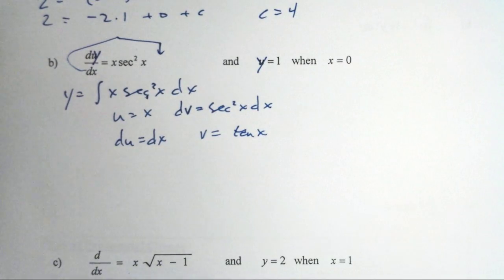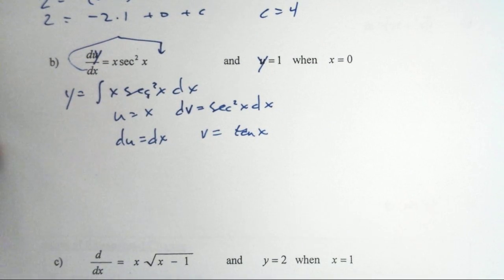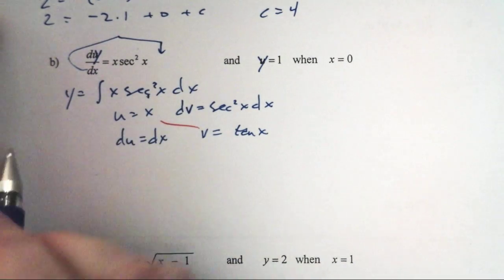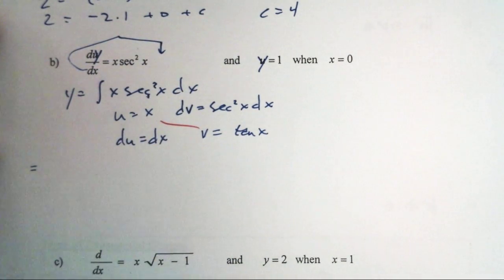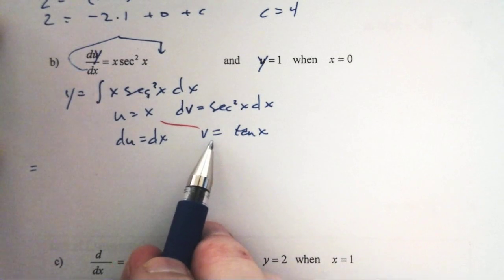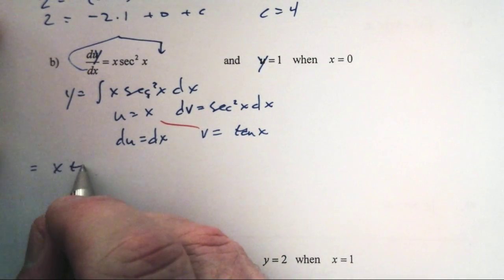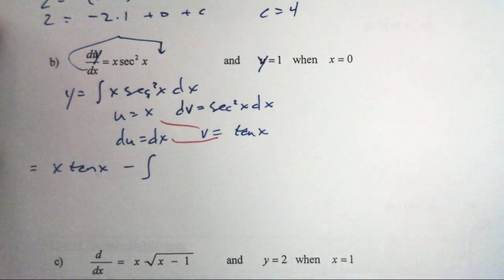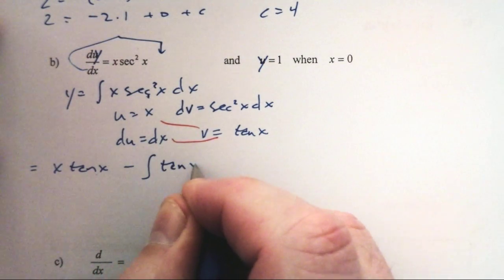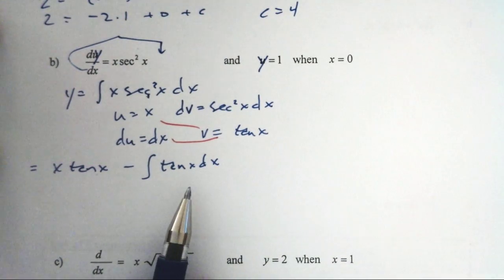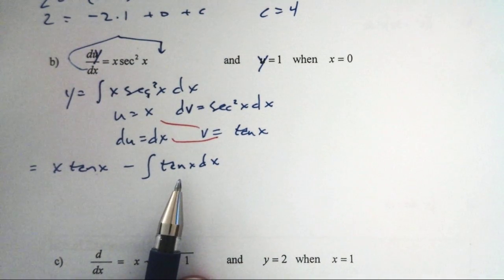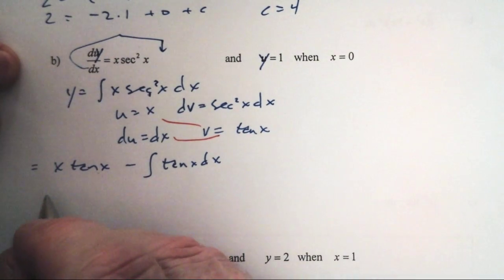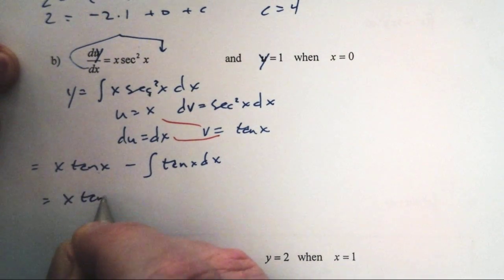All right. I see a little bit of challenge in our future here. Let's see what happens. I take u times v. This equals x tangent x minus the integral of tangent of x dx. I don't have a direct path integral to tangent. Maybe we're going to learn one right here, but maybe I can handle this with a trig identity,